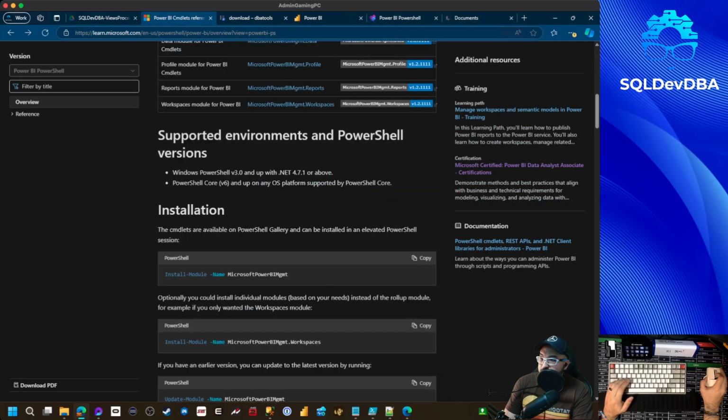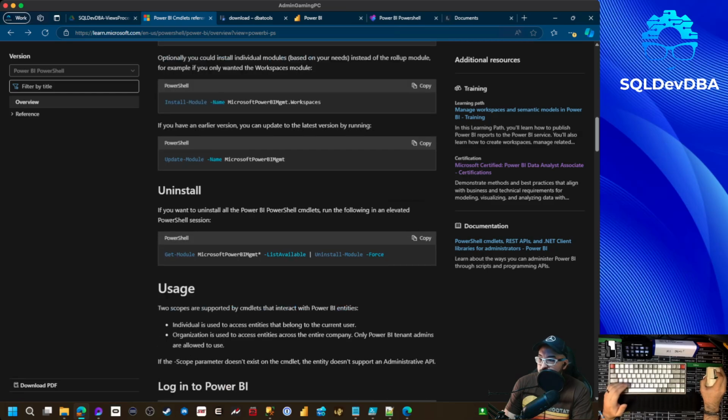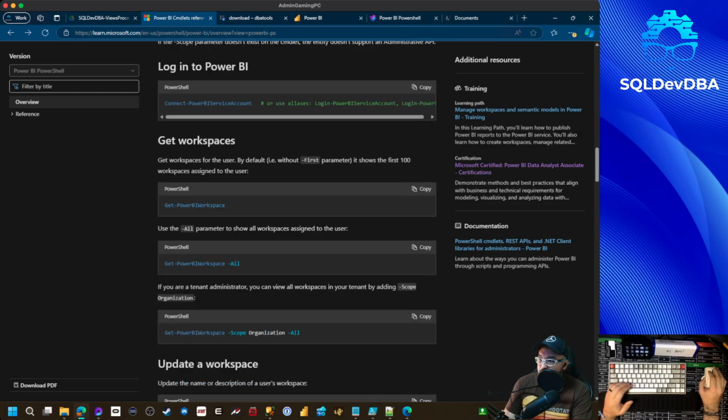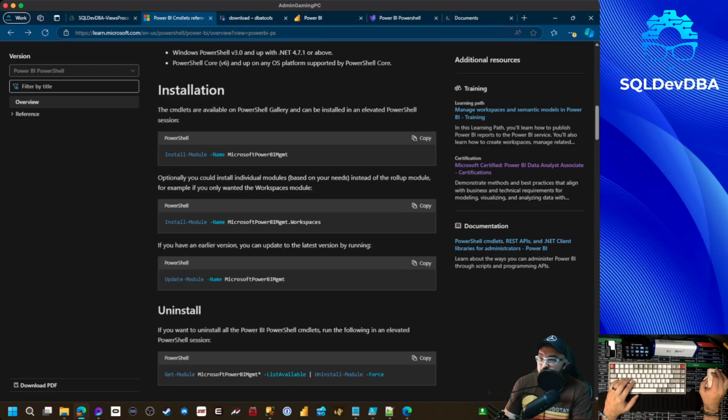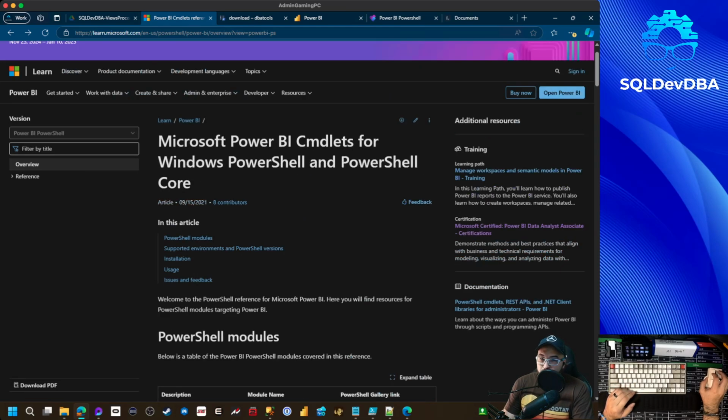It shows you how to install it right here. It shows you the first couple commands that you can use, like Get-PowerBIWorkspace, Get-PowerBIWorkspace all, etc. Just know that in order to use this, you need to be at least sort of an admin level in the Power BI area, in the Power BI scope in your tenant,